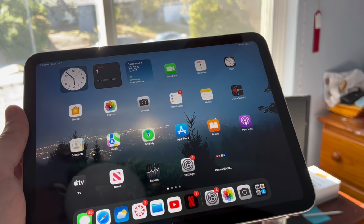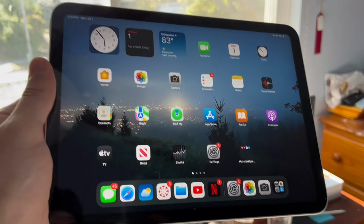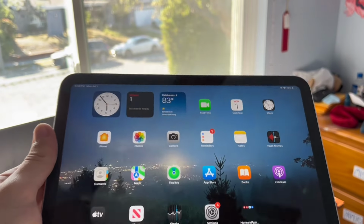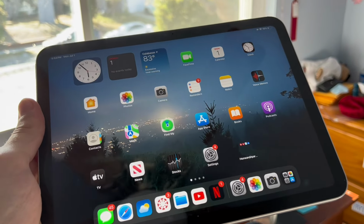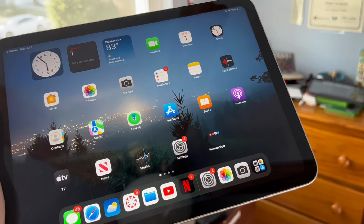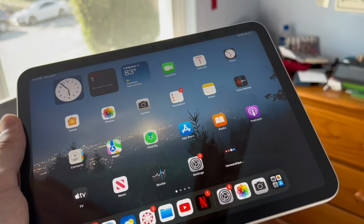So before the final verdict, I'm going to talk about a few more things. So first of all, the battery. The battery life is only okay. Yes, they did make the iPad very thin, which is definitely a good thing. The bad news is that the battery sort of suffers. Now, I'm not saying it's terrible or anything like that, but it's only as good as an iPhone,